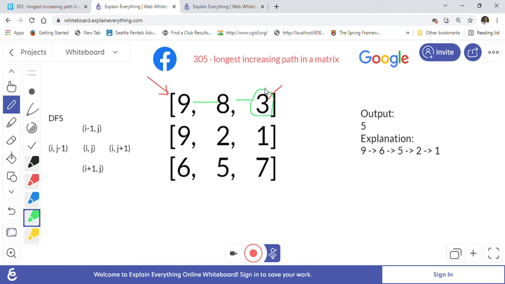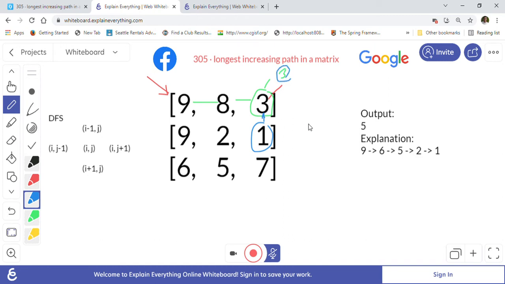For example, for this 3, the longest path is 3. Now if we are calculating the longest path for 1, then we will go and visit the upward cell 3, right? If we have already calculated the longest path from 3, then we are going to just use that result from memoization, because we don't have to recalculate that subproblem, we have already solved it.